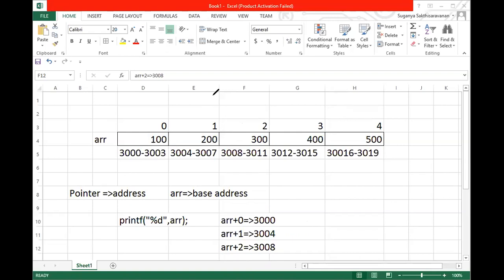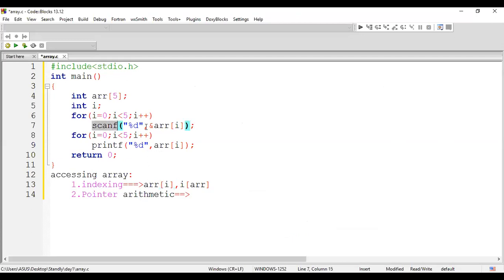Yesterday we were speaking about how the same array can be accessed in one more approach: instead of mentioning the ampersand, you can remove it and mention arr plus i. I guess you people are clear now about what happens if I mention arr plus i. So why should we not mention the ampersand here? What is the reason behind it? I'm just removing the ampersand. In the previous case, for your input, I mentioned the ampersand. Why do I remove it here? If you're using pointer arithmetic, I'll not use the ampersand. Why is that?